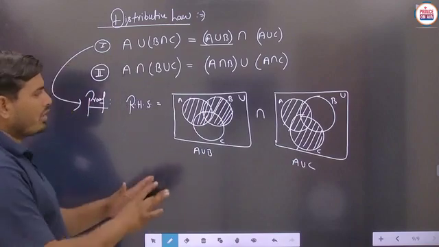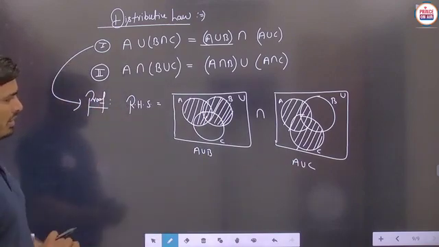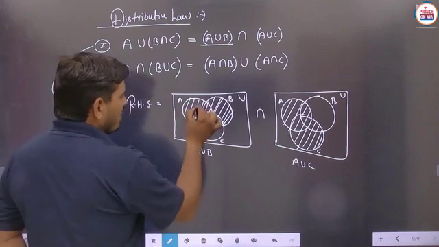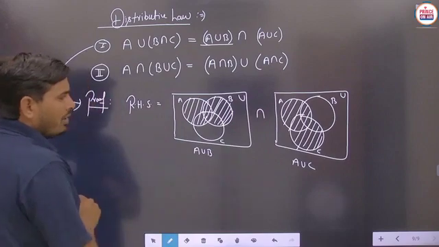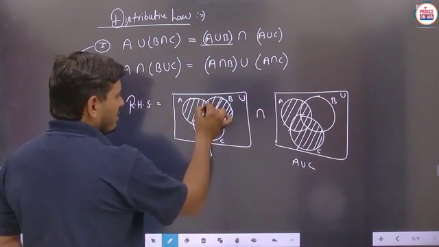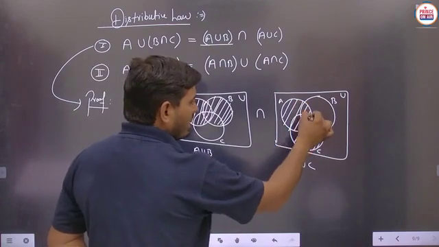Now we have to take the intersection. So you have to see the basic part here. Students, this part is to be included here. Only A will be included here. Means this is said to be the common. Next, this particular part is said to be the A union B. So here you can say that A union B is to be included.